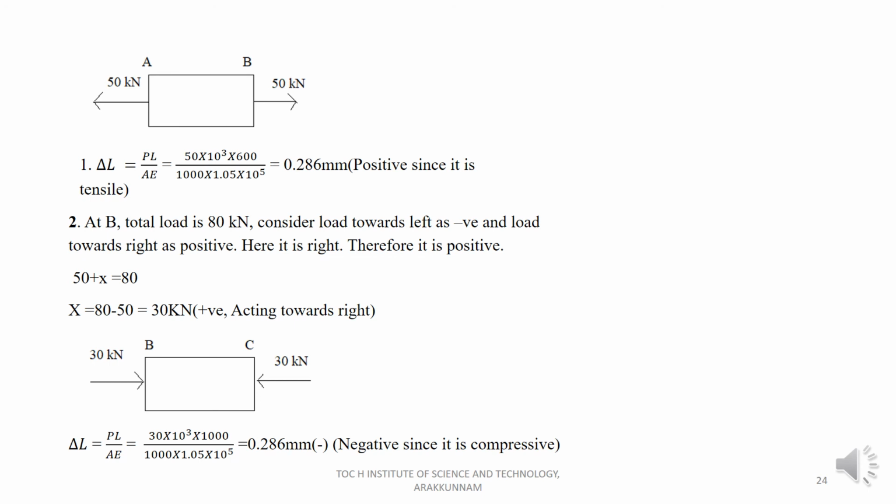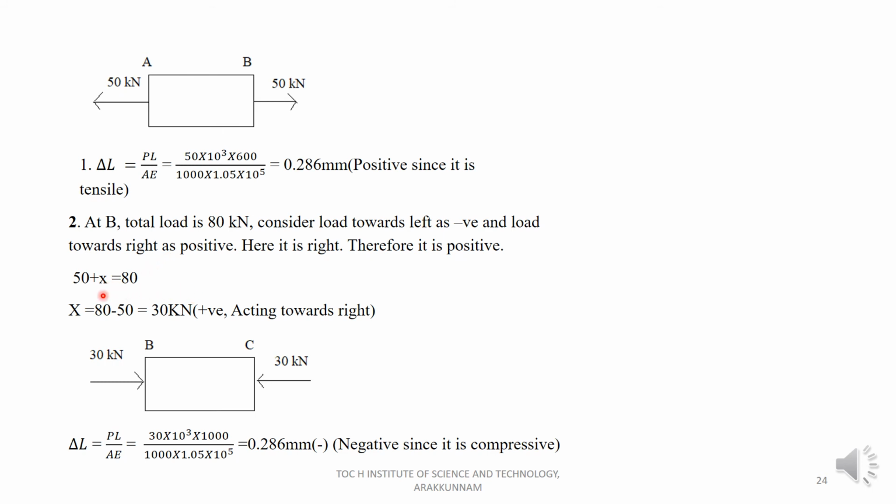And since the load is tensile in nature, we can consider it positive. That is, the deformation is elongation, which is 0.286 mm. Now at B we took only 50 kilonewton, but the actual load given in the question is 80 kilonewton. So we have to consider the remaining 30 kilonewton acting towards right. By expressing it in a mathematical way, we can show that 50 plus x